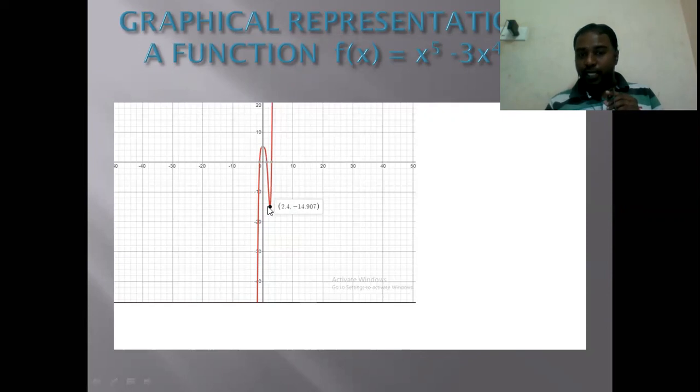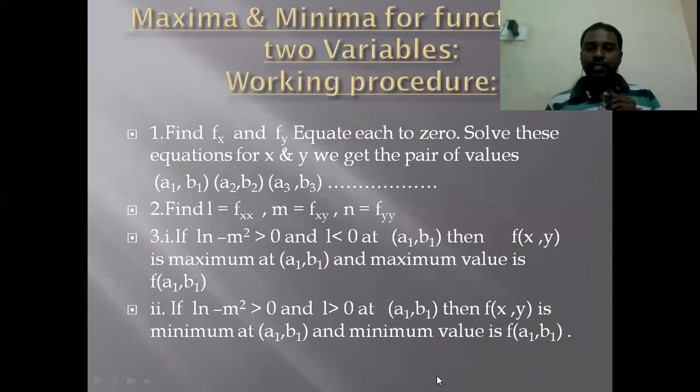So it is minimum. What about the maximum value? Look at this graph. It is going towards infinity. It is also going towards this infinity. So for this function, we got only two stationary points. One is 0 and the other one is 2.4. At 2.4, we got the minimum value. At 0, we got neither a minimum nor a maximum point. So like this, we find the maximum or minimum values of a function.